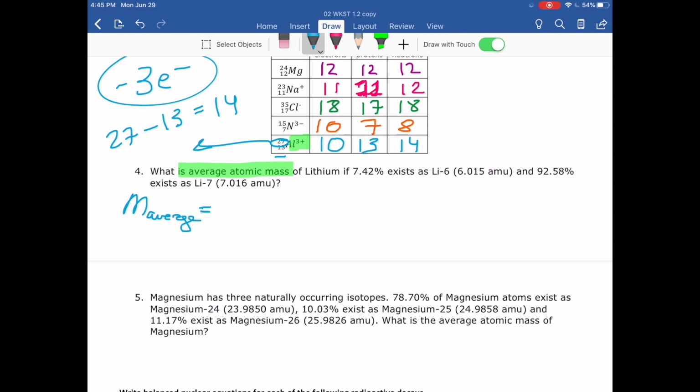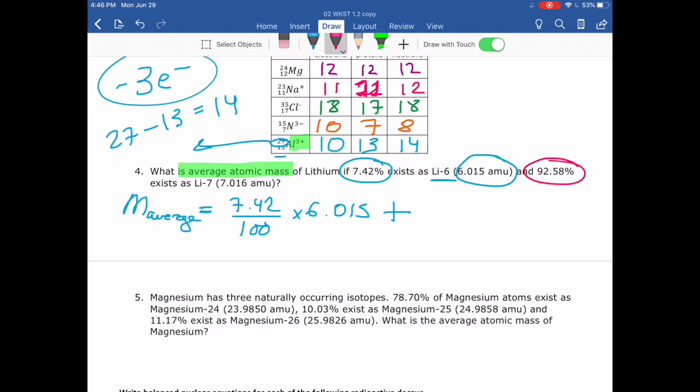you need to remember the formula that we learned the other day that says that the average mass is going to be the abundance of each of the isotopes divided by 100. So in this case, the abundance of lithium-6, 7.42 divided by 100 times the mass of the isotope. So times 6.015 plus the abundance of the other isotope, so 92.58 divided by 100 times the mass of the other isotope, which is lithium-7, and the mass is